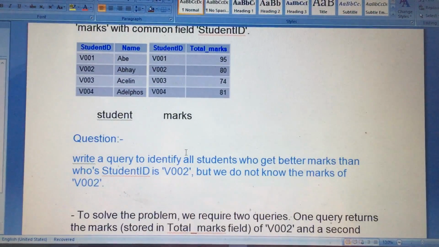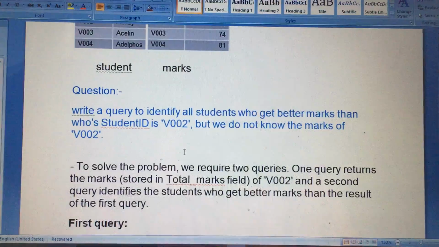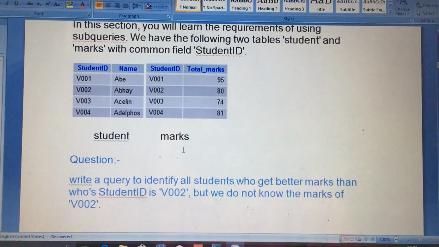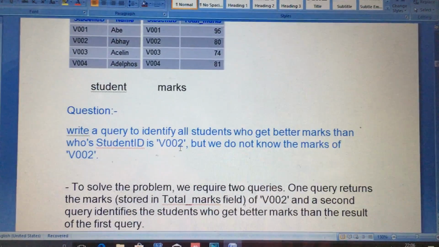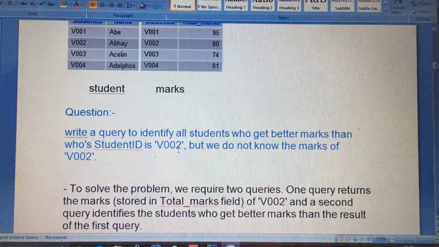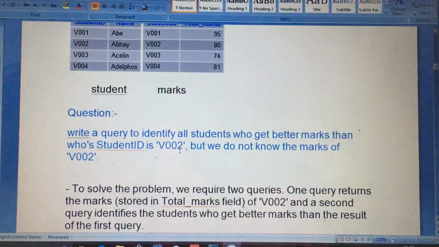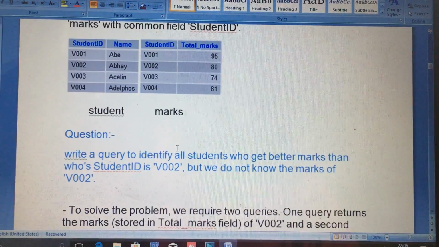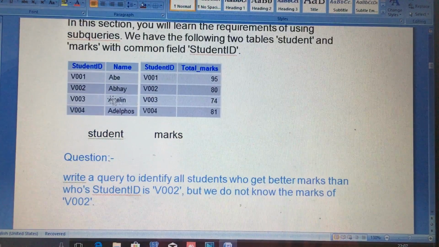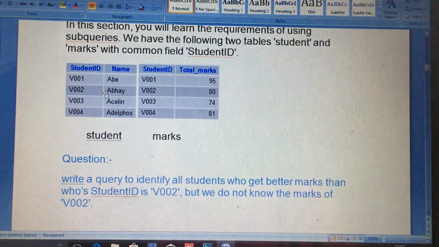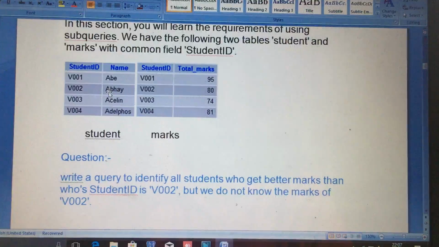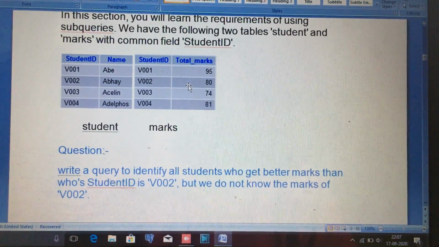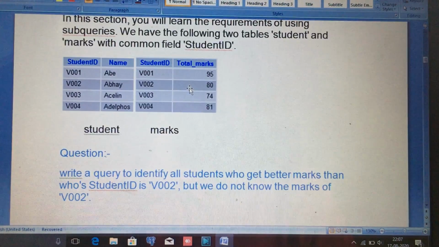So we will see the question to understand what is the subquery in SQL. The question is: write a query to identify all students who get better marks than the student whose student ID is V002, but we don't know the marks of V002. V002 means Abhay is the student name, and in the marks table the total marks is 80, but we don't know the marks from the table.